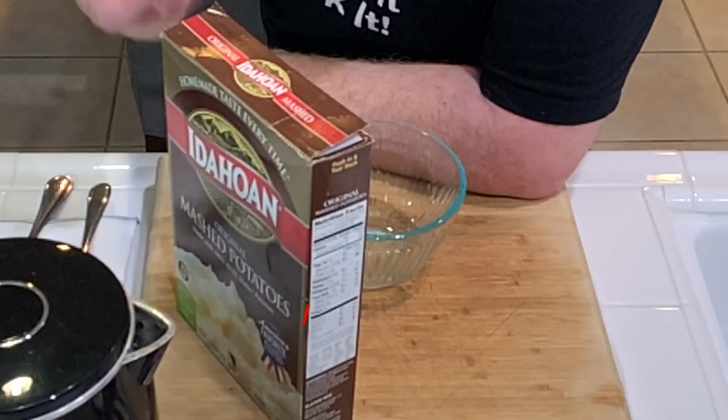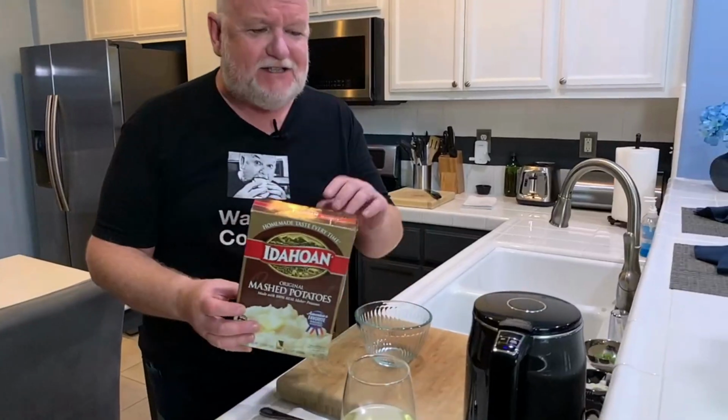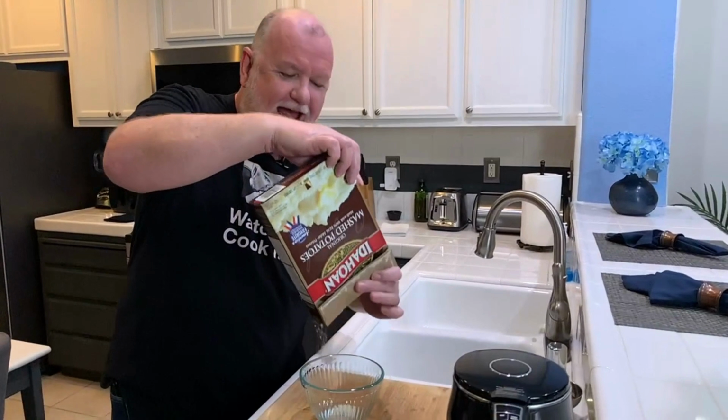Sometimes you're in a rush, you don't want to cook and do all that palaver, and mashed potatoes, let's face it, they're one of the comfort foods of the world. So let's just do some instant mash, kick it up a little bit. It's so easy. I'm boiling some water. I'm just gonna pour in the mash and add the